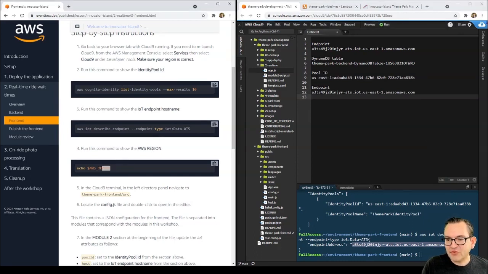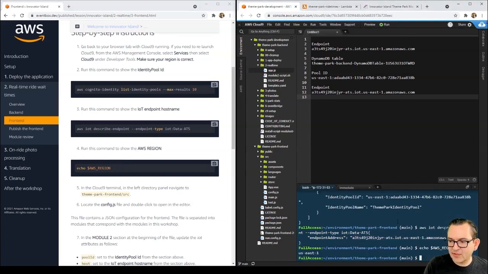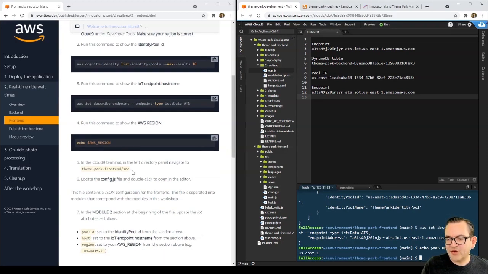And then we'll just make sure that we know what our region is. So remember, we set up this AWS region variable, and it says we're in US East 1. That's not something that normally exists in Cloud9. We just defined it in our first module and refreshed it earlier on in this session too. So those are the 3 values that we need to be able to then connect up the front end to